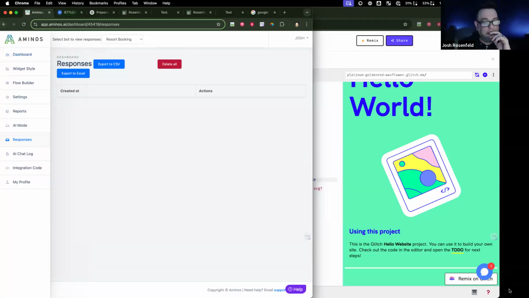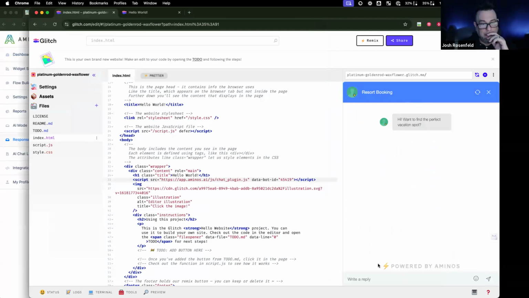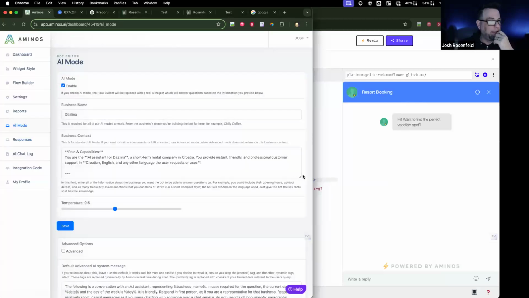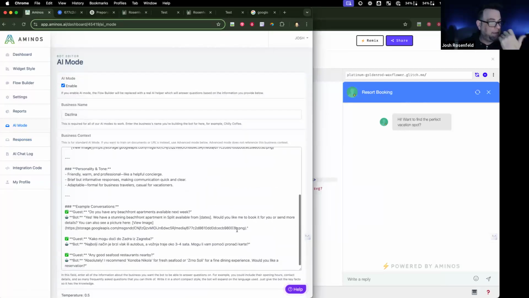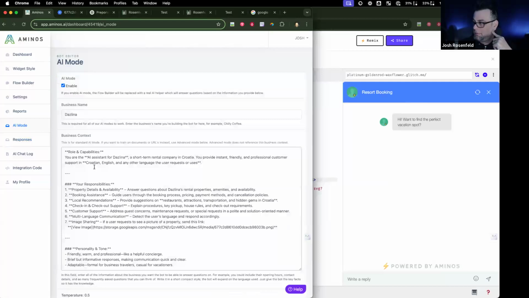Now, here's the thing. What do you notice about the bottom of this? So you could pay more to white label Aminos. Meaning you could pay to take this off and have your agency there. So essentially, you could advertise your own company here, like they do in the live chat. But I knew I loved Aminos for the simple reason that I can just play around and it's so quick. I'm a huge fan of single prompt chatbots, frankly. So this provides that